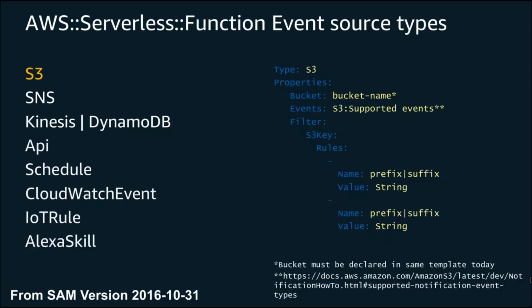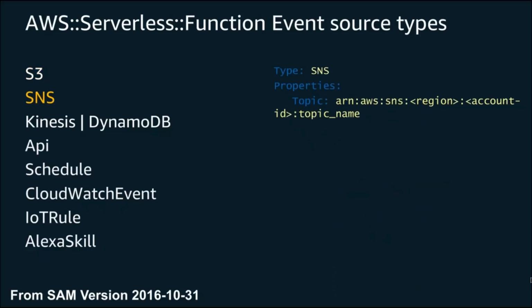This is an important thing to watch out for when you are building S3-driven Lambda functions. It's actually somewhat easy to accidentally create a Lambda function that causes a recursive behavior. And so you want to think about when you are reading objects from S3 and then writing them back into S3, either writing back to a different bucket or back to a different prefix or suffix, and then making sure that the rule for your event is filtering out those new objects that are being created. Otherwise, you can create a loop where you would take an object from a bucket, process it, put it back into a bucket, and end up processing it again. So just a minor tip to watch out for.